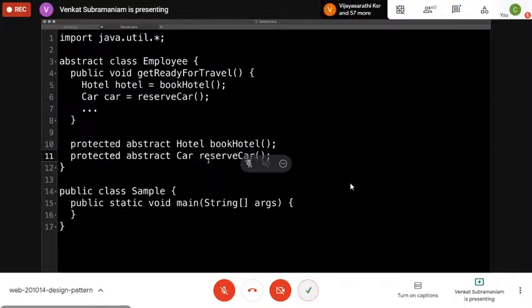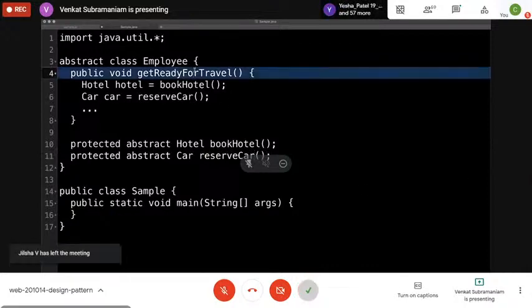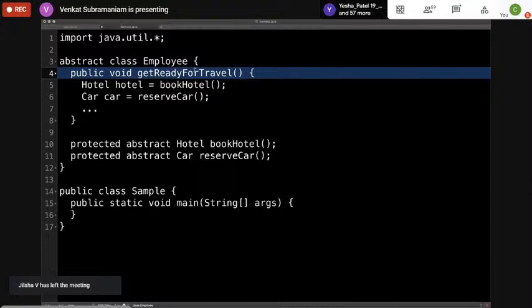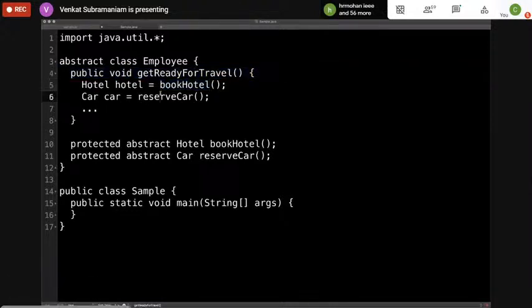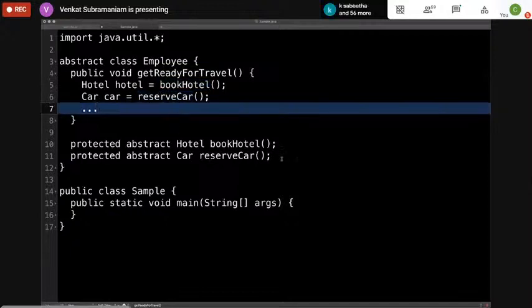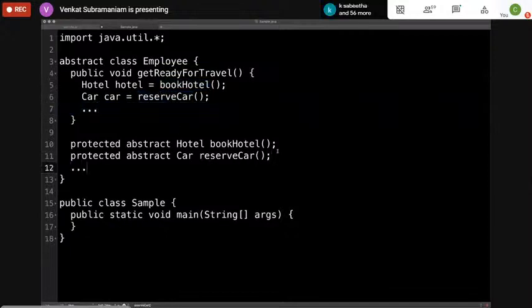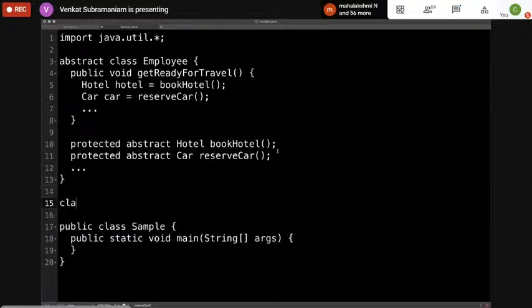So notice what happened here all of a sudden. The employee is abstracting the get ready for travel, but the employee says, I cannot decide what kind of hotel to book or the car to book or various other things, but I'm going to let my derived classes really decide that for me. So as a result, I have a class called programmer, which extends, of course, from employee.